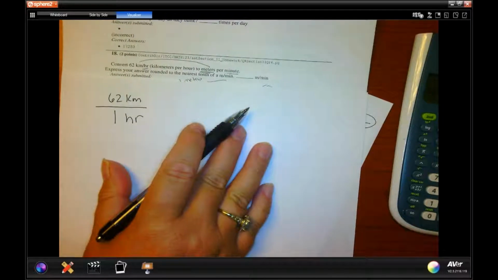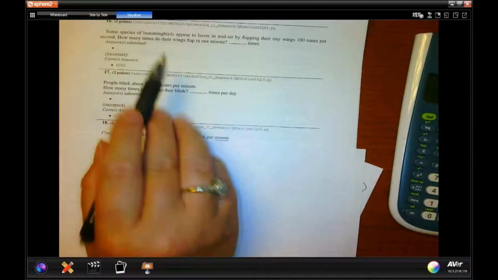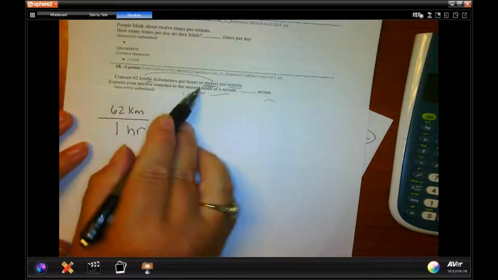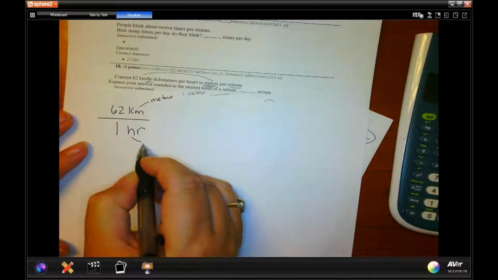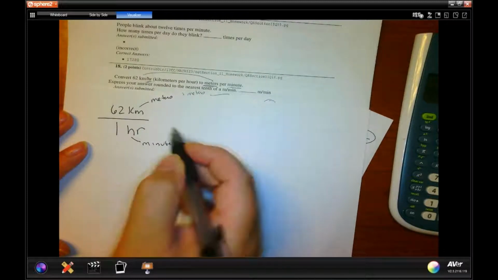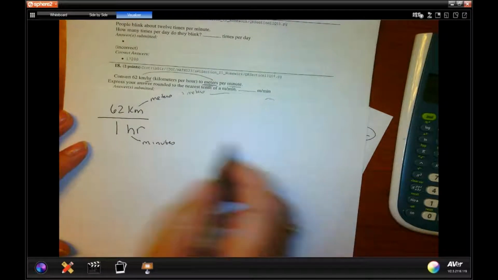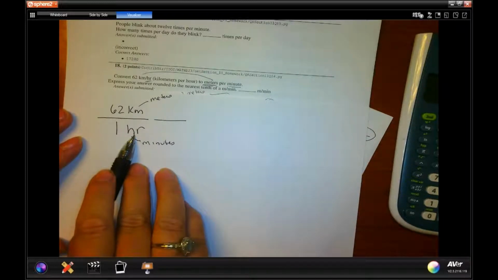Now sometimes, as up here in the first 2 problems that you do, you're only converting 1 unit, the other one's staying the same. This one is a double conversion. Kilometers is going to meters, and hours is going to minutes. If you're only converting 1, if this was staying hours, it would just go along for the ride and you'd just convert the other one and bring this at the end. But this time we have to convert both. It doesn't matter which you convert first. I suggest you do the denominator because that's the one people mess up